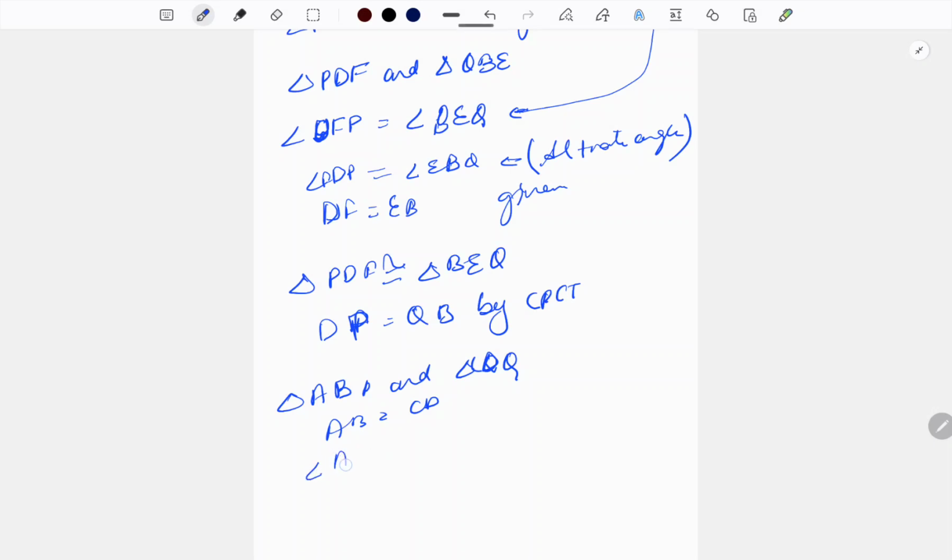Angle ABD is equal to angle CDQ, and the last part goes, हमें इसमें जो हमने कॉन्ग्रुएंसी से प्रूव किया था उससे हमें इसमें फ़ायदा।